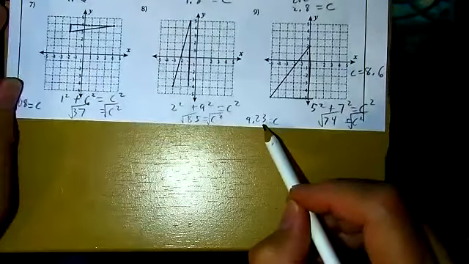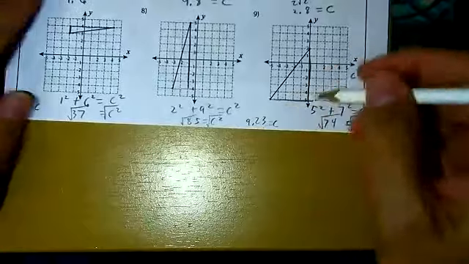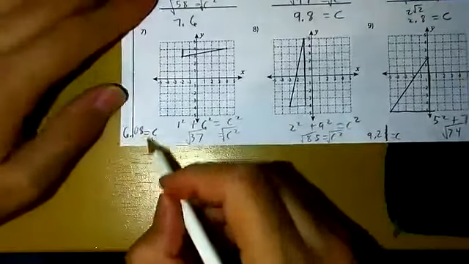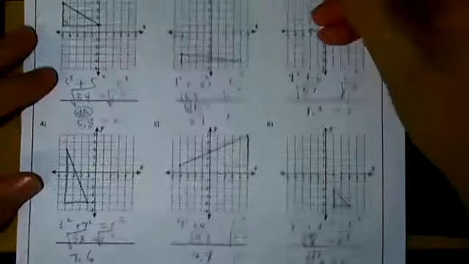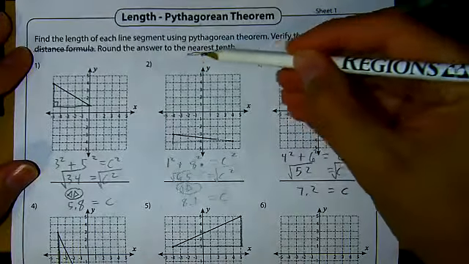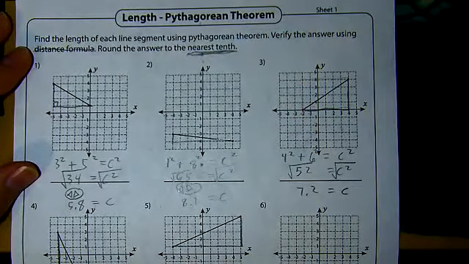Just realized that's not rounded to the nearest tenth. So it should have been 9.2. And I did this one wrong for you also. Remember, go back and reread your question before you turn in your answer, to not do what I just did. And once it's rounded to the tenths place,